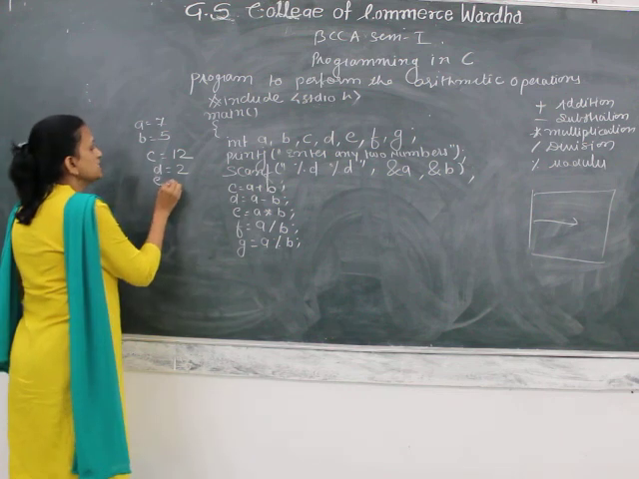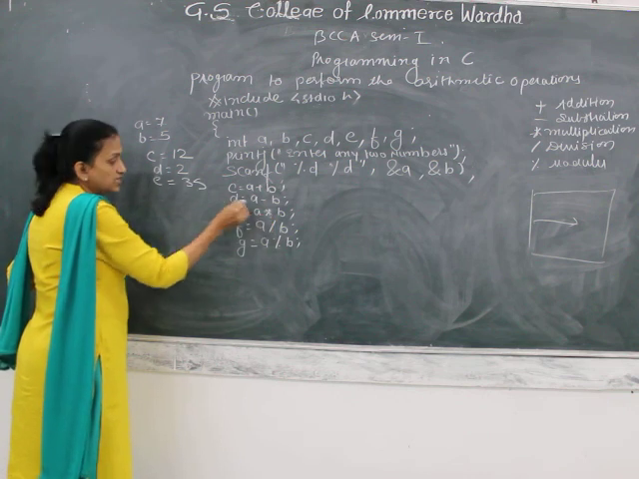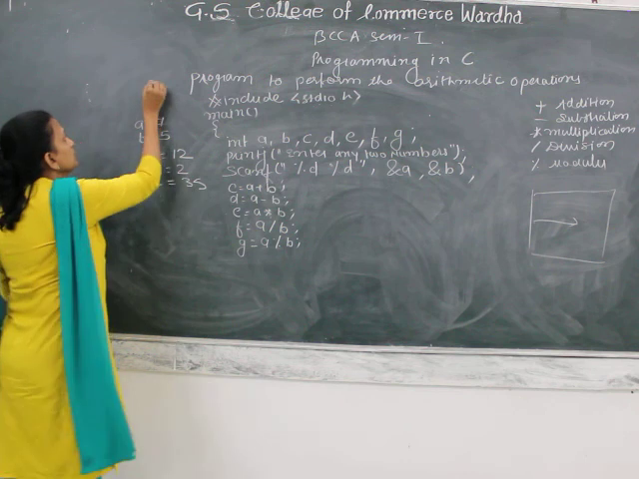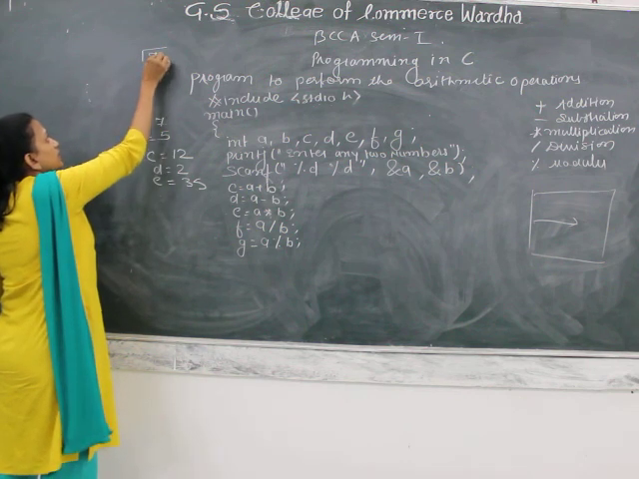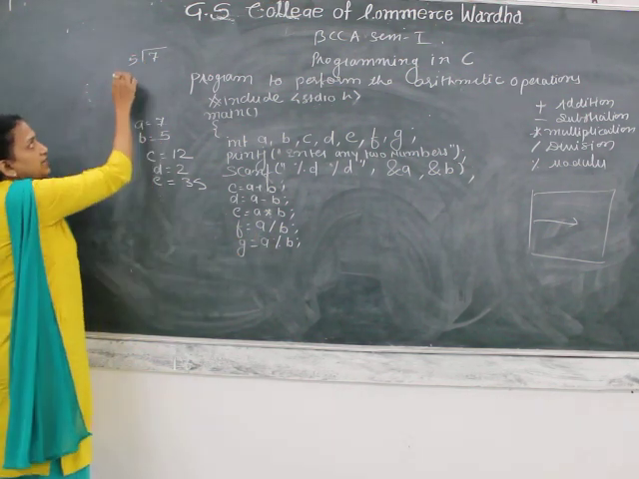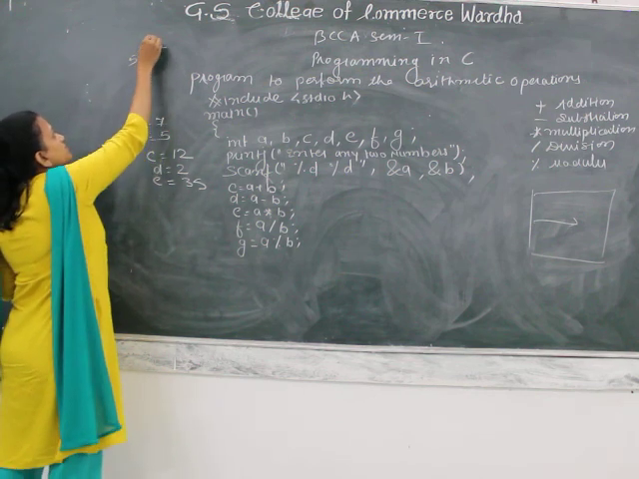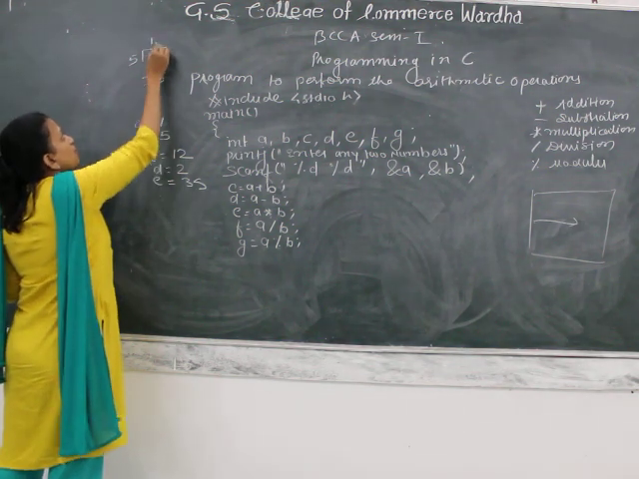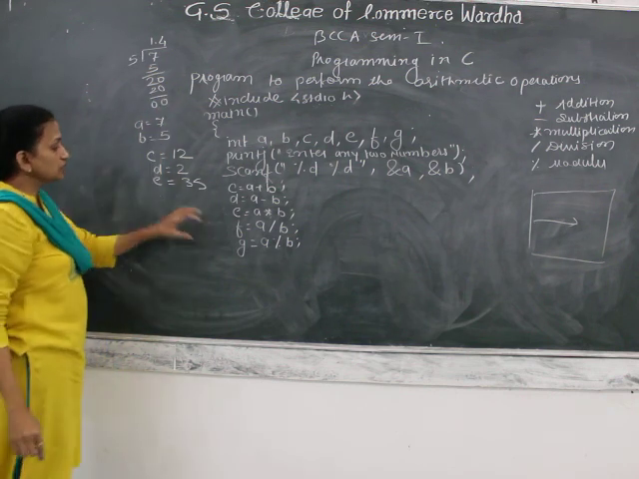Then 7 multiplied by 5 is 35, which will be assigned to variable E. Now divide this number. Suppose 7 is divided by 5, that is, A is divided by B. What will you get? 5 ones are 5, remainder is 2, then 0, 4s are 20. Okay, so the answer is